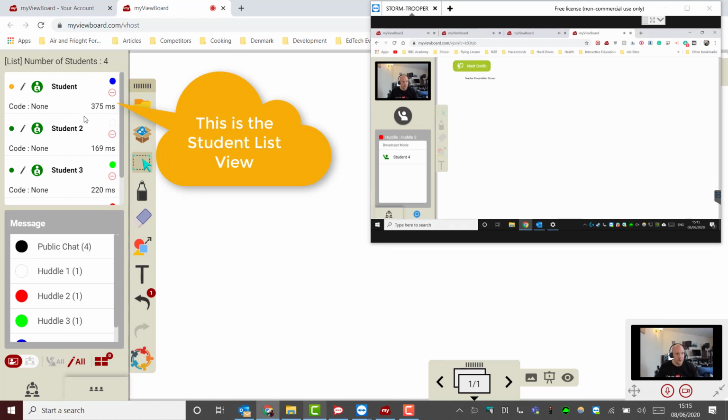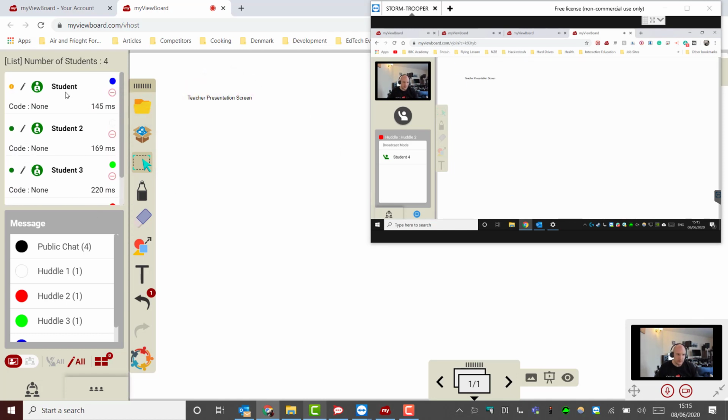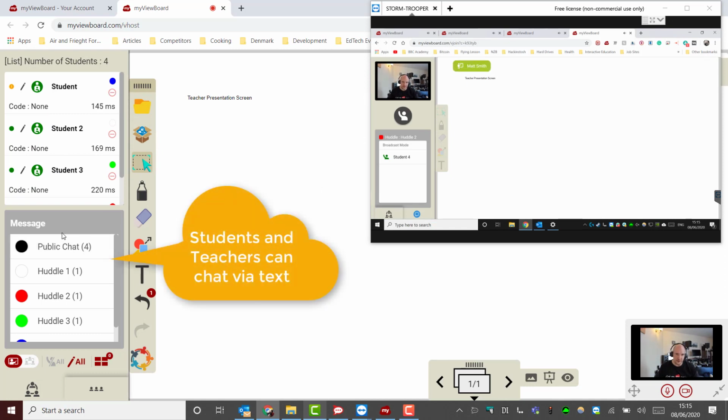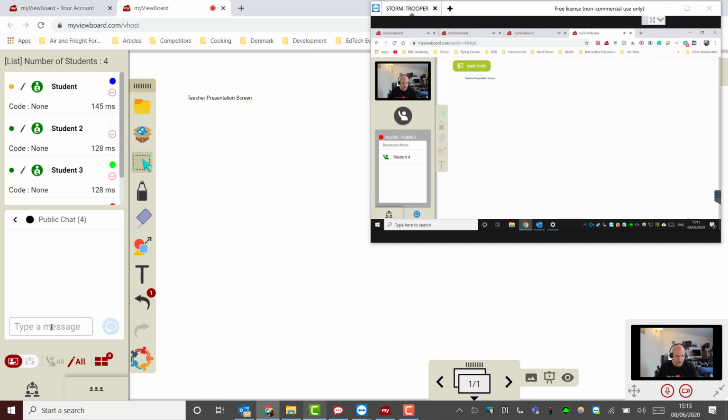So at the moment we're in a list view, and this shows us all of our students in this vertical list here. Now just underneath the list view, you'll see that we have a new feature, which is the ability to use a chat function inside myViewBoard. So we have at the moment 4 huddles that are set up, as well as a public chat. So if I click on public chat here as a teacher, and I'll just say hello class,